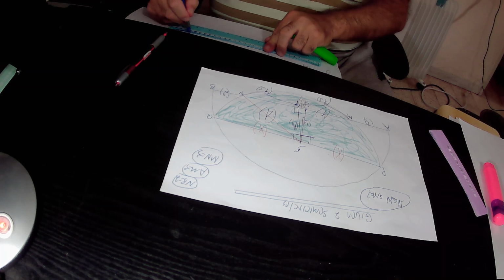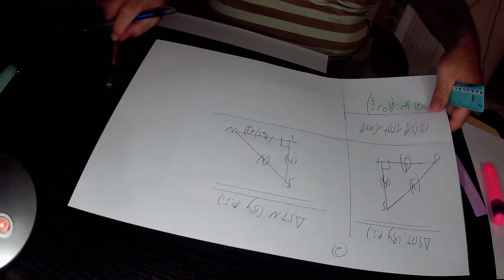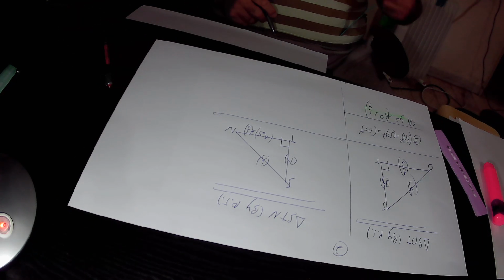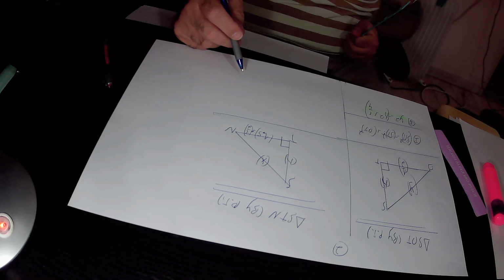So actually, this is the right triangle STN that I got from the original drawing. In this right triangle STN, according to the Pythagoras theorem,